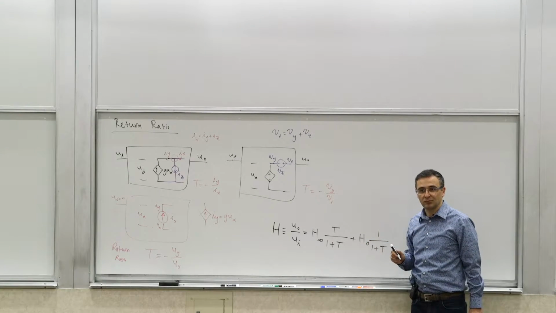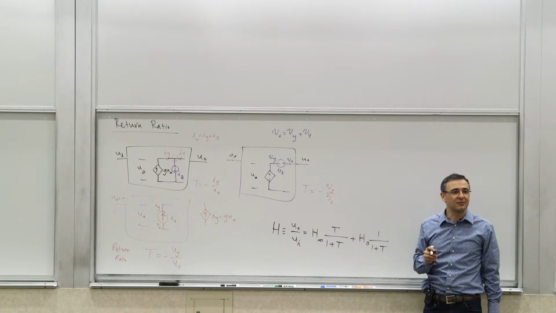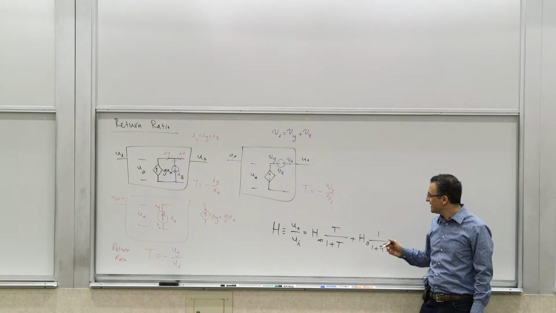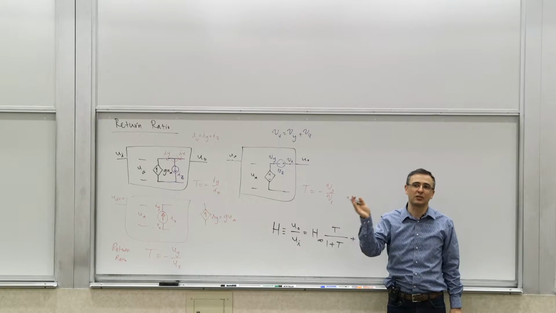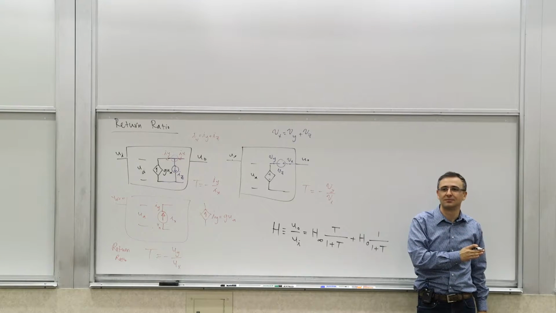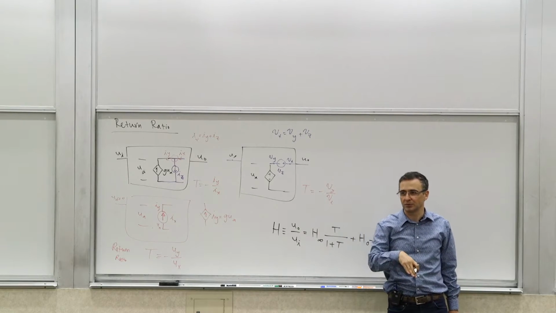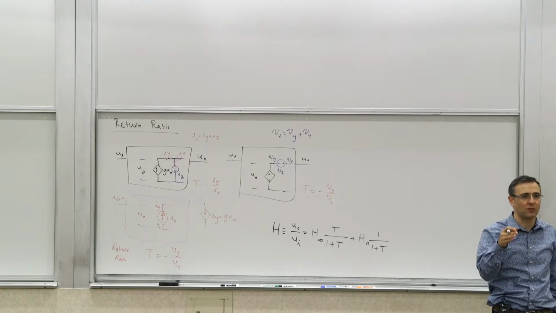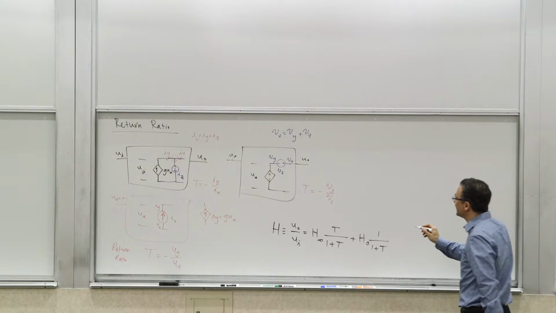H0 is the only thing that's not defined right now, right? H0 is called the direct forward transfer, which is basically the transfer function when that K that we set to infinity, you set it to 0. Meaning you kill that source, and see if there's any other path for the signal to make it to the output. And we'll talk about how this happens and where it happens in a few minutes, in terms of what the implications are. But this is the end result,